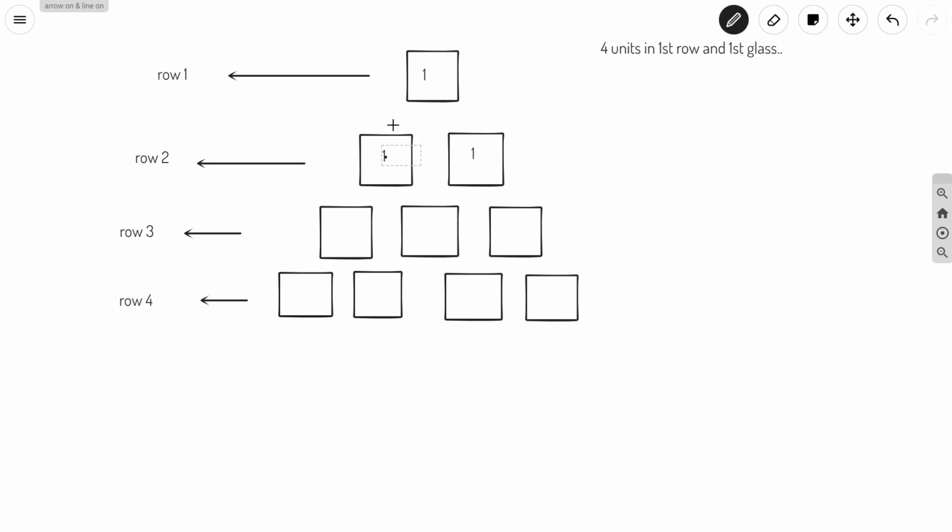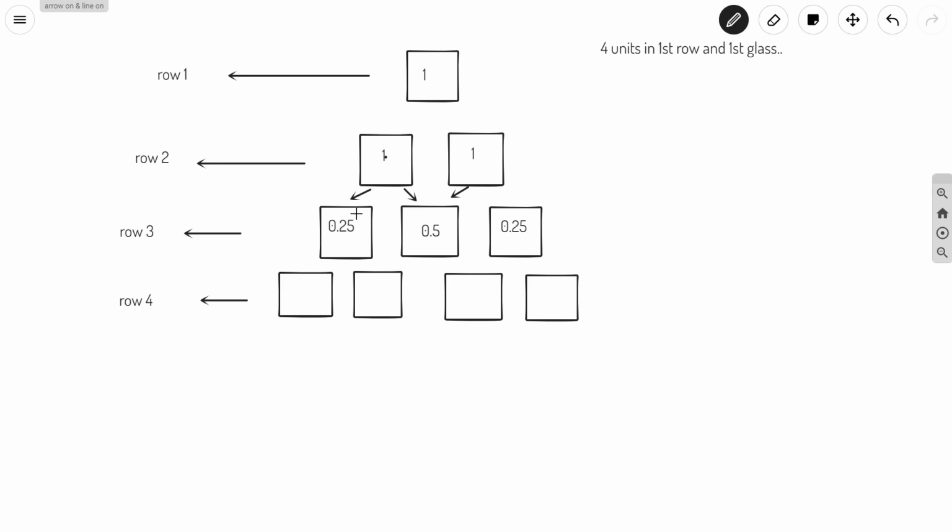So this excess champagne will be equally shared in these two, in this glass and this glass. So basically 0.25 here and 0.25 here, and from this glass also 0.25 and 0.25. So basically this will get 0.5 unit. Okay, so this will be our final arrangement, and after that you can see that it is not fully filled, so no further excess amount of champagne will be there.